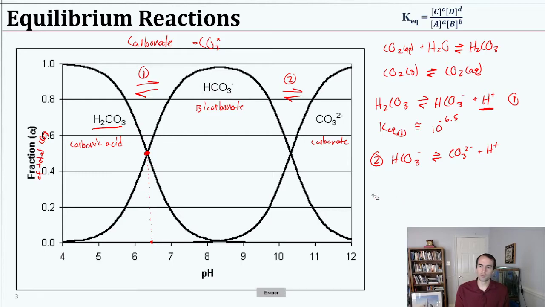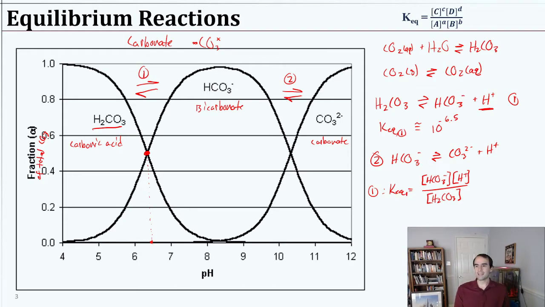So for either one of these, actually, you know what, I'll describe it very specifically. So for the first case, the KEQ1 is going to be equal to the products of that reaction, so the HCO3 minus times H plus divided by the H2CO3. Okay, so whatever this KEQ really is, which is something like 10 to the minus 6.5,